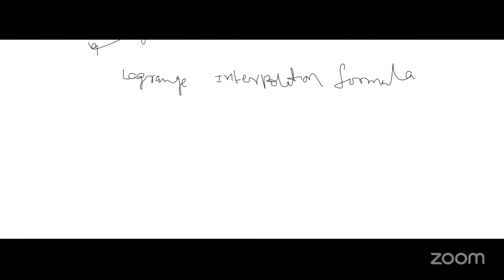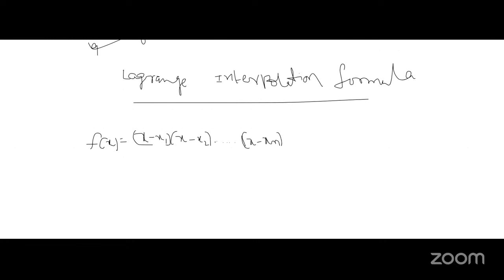So this is very important. What is the Lagrange interpolation formula? It means f of x equals (x minus x1) into (x minus x2) so on (x minus xn) by (x naught minus x1), (x naught minus x2), so on (x naught minus xn), into f of x naught